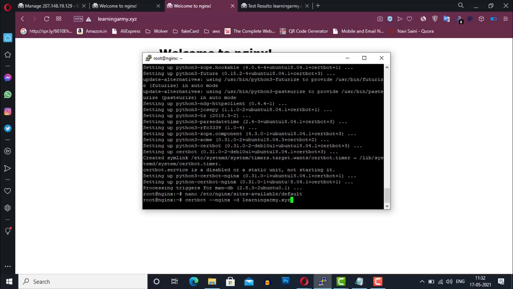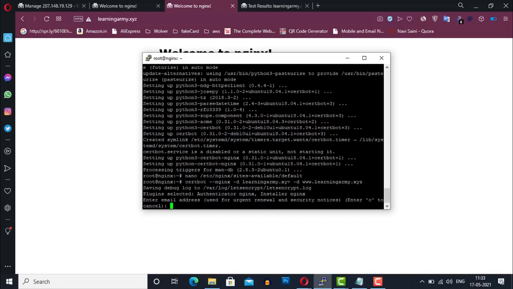We have two variations of our domain, with the www and without the www prefix. So we have to specify both variations with the -d flag. So again, type -d and your domain with the www prefix and press enter.